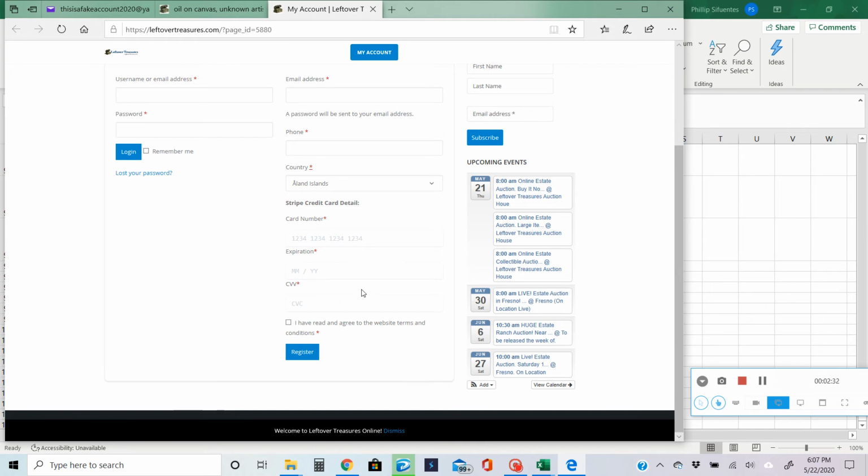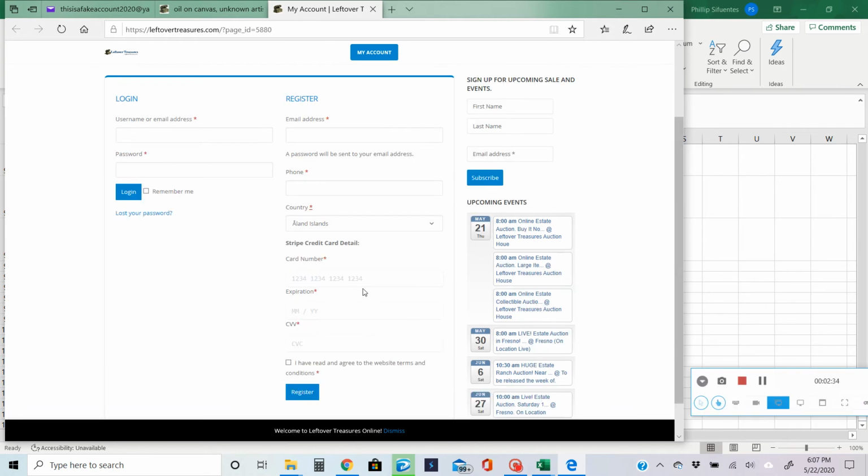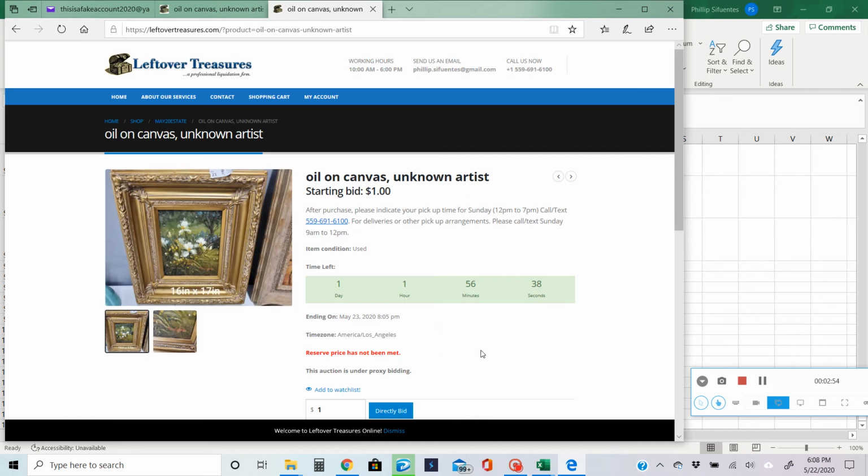After you fill out all this information, including your credit card, you're going to click the register button, and then you're going to go to your email account. After you click the button, it's going to take you back to the item you were looking at, but don't do anything yet. Click the register button and wait for the confirmation email to come in, which we'll show you right now. Alright, after you click the register button, you'll notice that it'll take you back to the item